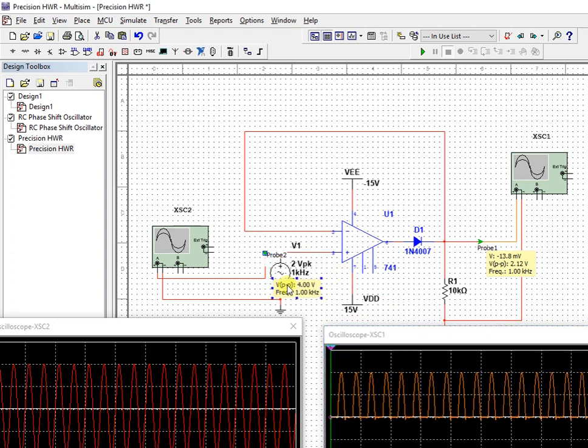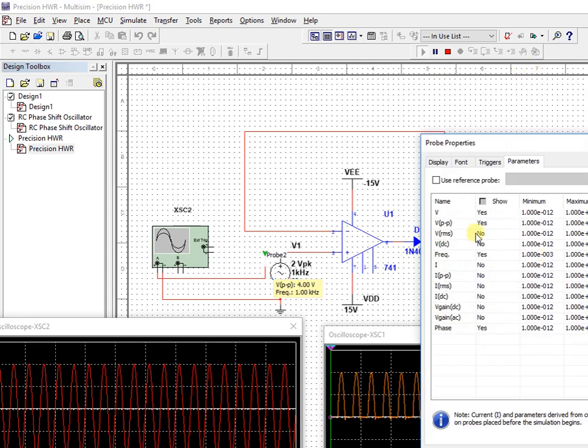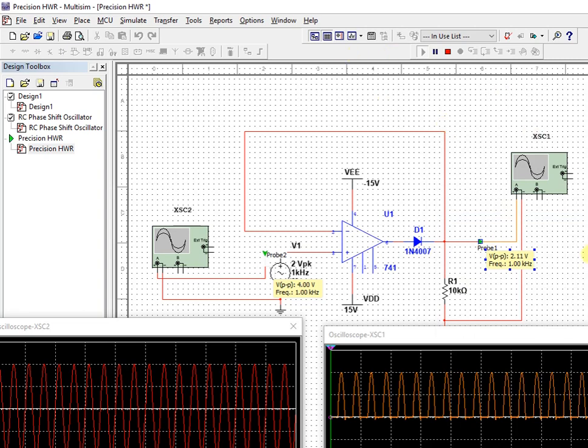And at the output side I will also deselect the other parameters. So you can see 4 volt at the input gives me an output of 2 volt peak to peak. Frequency is the same, or I can say approximately the same.